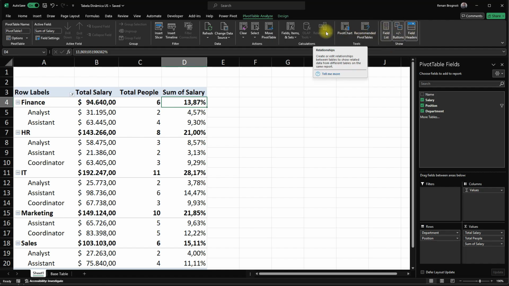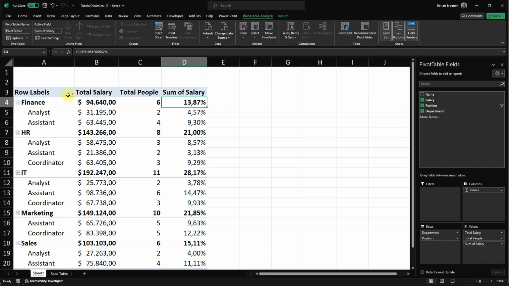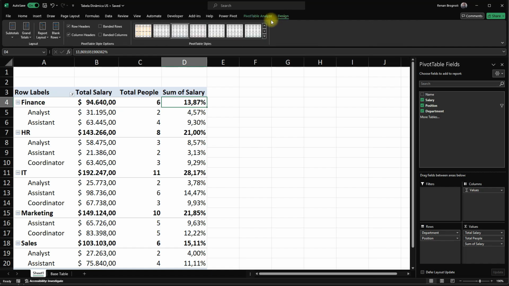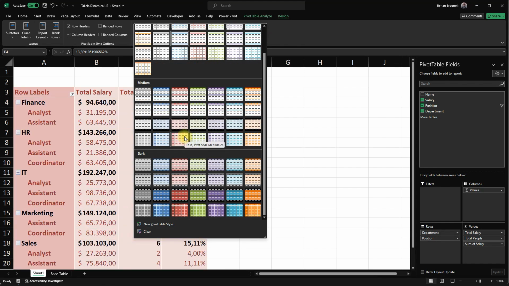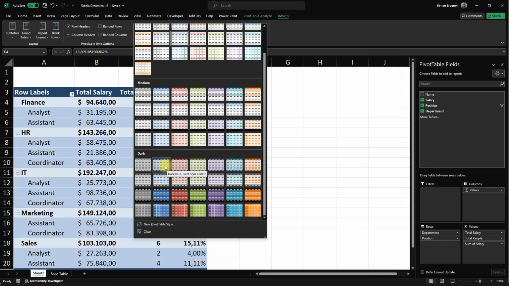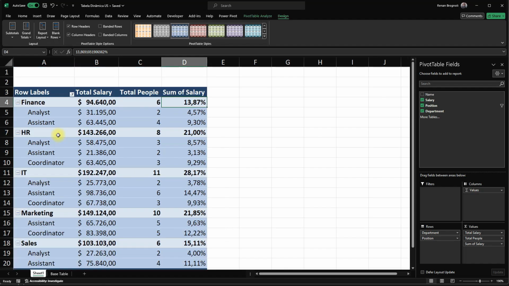Now, let's customize the table. What filter do we have here? No, it's just showing us this filter, but the table is not filtered. Strange, but okay. Here in design, we can customize the table to become prettier. If we choose here in pivot table styles, we can choose from a variety of styles predetermined by Excel. Let me choose this blue one. As you can see, now the table instantly has a new color and a very presentable design